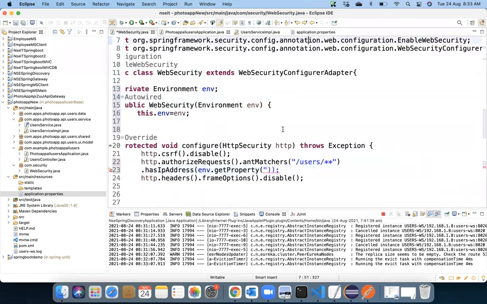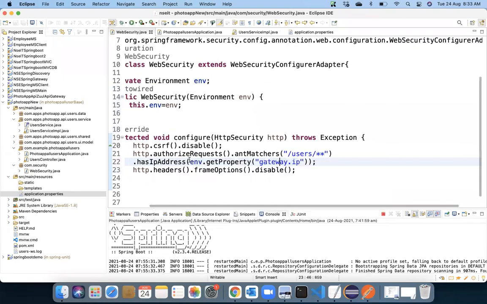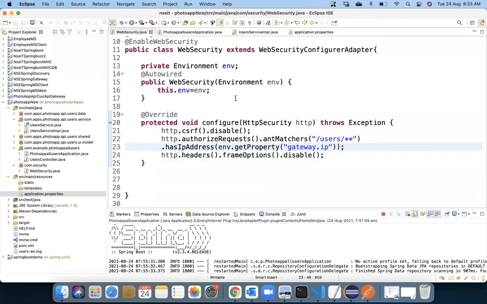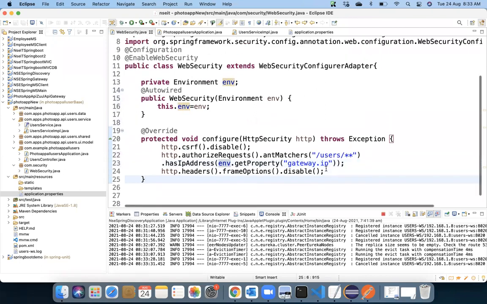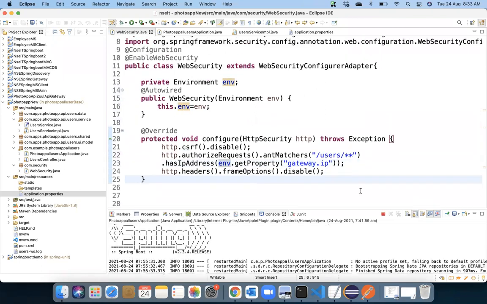We just go here and use this. So this will load the property dynamically. Tomorrow, if the IP address changes, only your application.properties file will change and the code will remain unchanged. Just check and let me know.